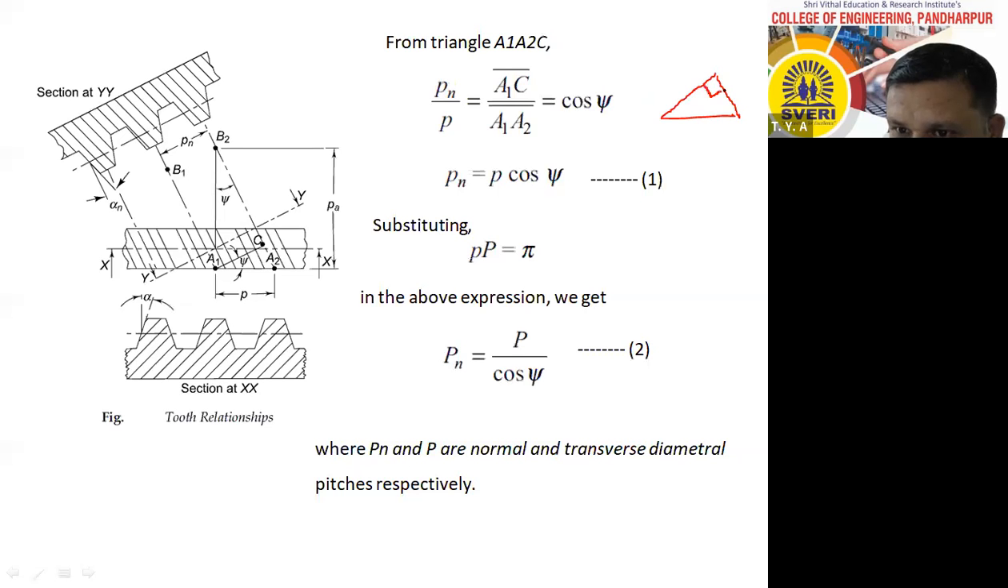हा जो आहे तुमचा कुठला अँगल आहे 90 डिग्री. हे जे डिस्टन्स आहे A1, A2, याला कुठला पिच म्हणतात, ट्रान्सवर्स पिच. ट्रान्सवर्स पिच P. आणि हे जे डिस्टन्स आहे, this is known as normal pitch, and this angle is known as helix angle psi. Therefore, if you will take cos psi